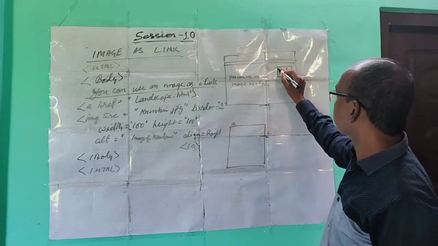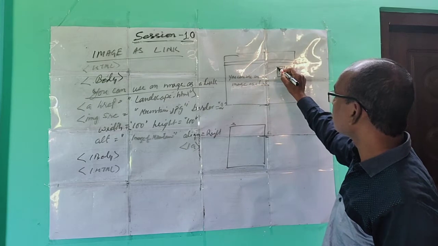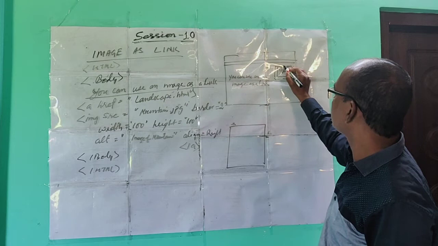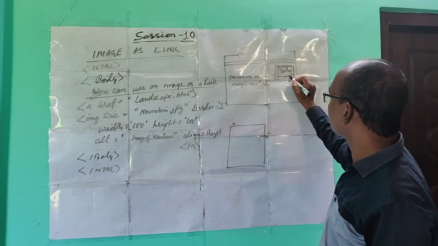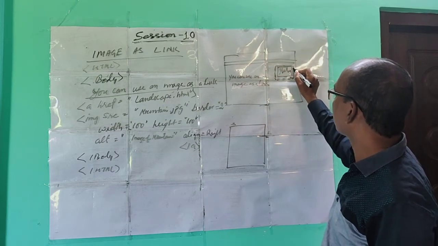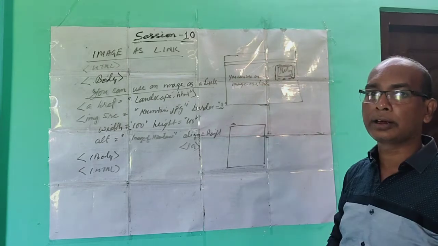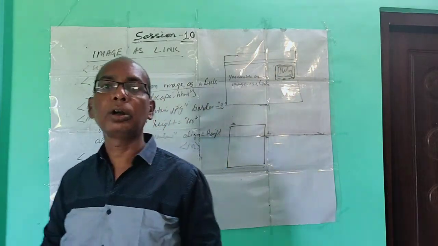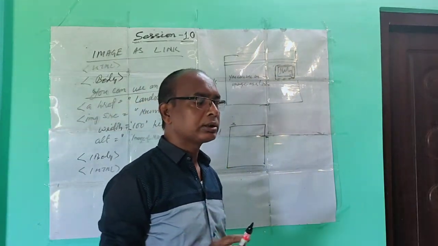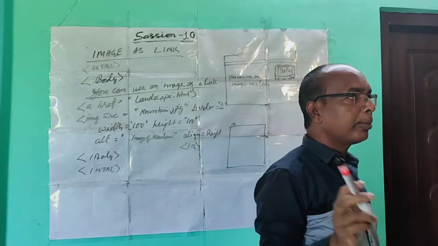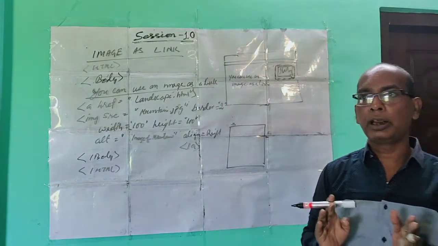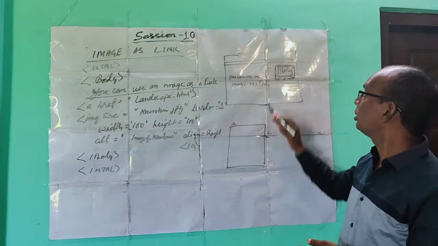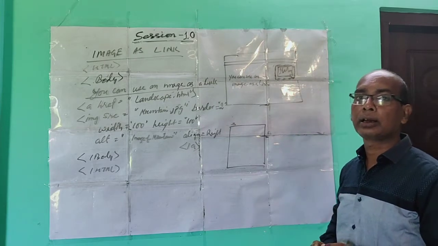So when you click it here, you see you get one dotted border. When you bring the mouse pointer here, you see a dotted border, which shows that this image is linked. I explained last class, how do you know a particular image is linked or not linked? When you bring the mouse pointer near the image, it will display a small hand. The mouse pointer becomes a small hand, or it will be bordered by dotted lines.